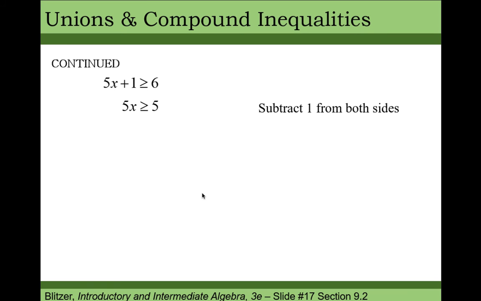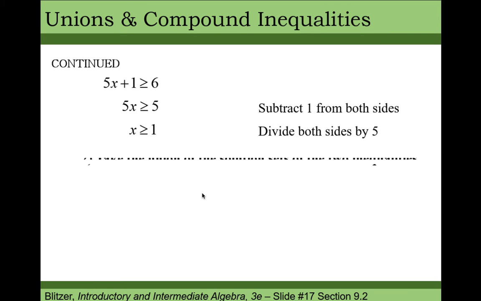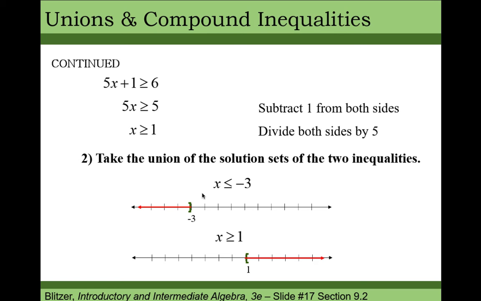And same thing here. So then we're going to take the two solution sets and graph them on our number line. So you can see here for that first inequality, we got x is less than or equal to negative 3. Make sure that you have a bracket on that going to negative infinity or to the left. X is greater than or equal to 1, another bracket here, but we're going to positive infinity this time because